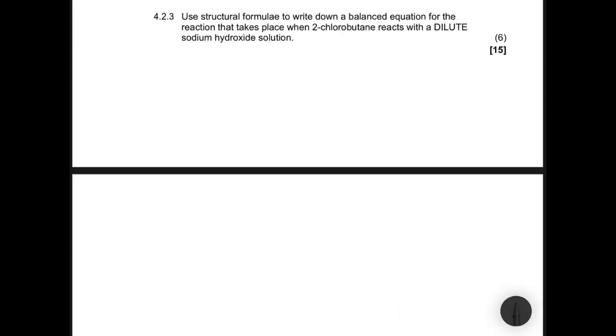I will start by writing the structural formula of 2-chlorobutane. So we have 4 carbons, 1, 2, 3, and 4. And then on the second carbon, we have chloro, so let's have our Cl there. And everywhere else, we just have hydrogens. Let me just fill them in real quick, and then we move to the next step. We're saying that we're using dilute sodium hydroxide solution, so let's have plus